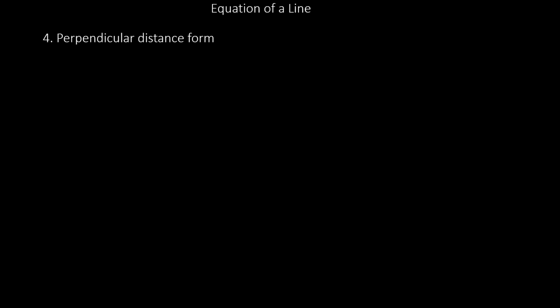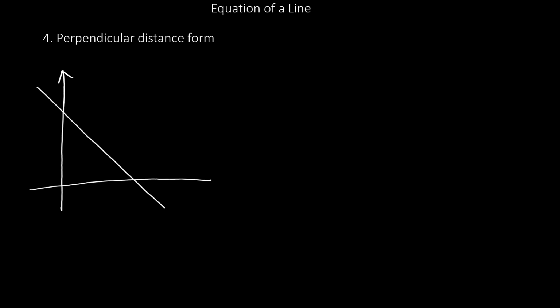The last form we'll be looking at in this tutorial is the perpendicular distance form. If you have a straight line, define that a perpendicular distance P from the origin and the perpendicular distance makes an angle of alpha with the x-axis. Let's represent this. If you have a straight line such as this, and you have a perpendicular distance from the origin 0, and the perpendicular line makes an angle of alpha